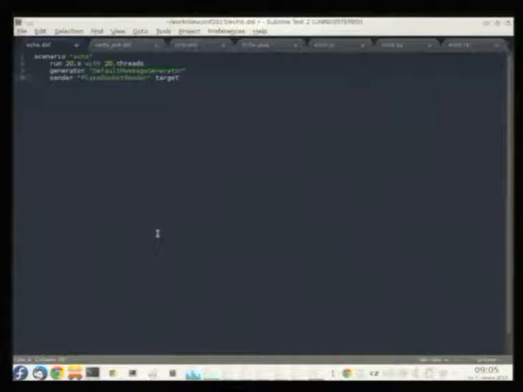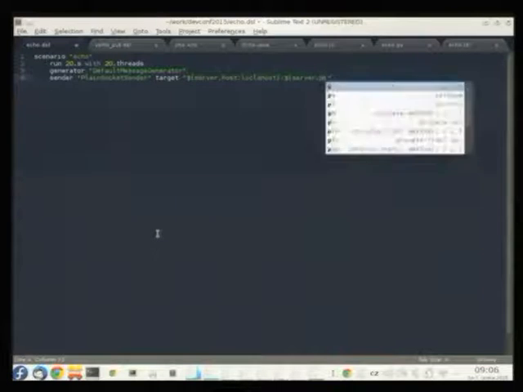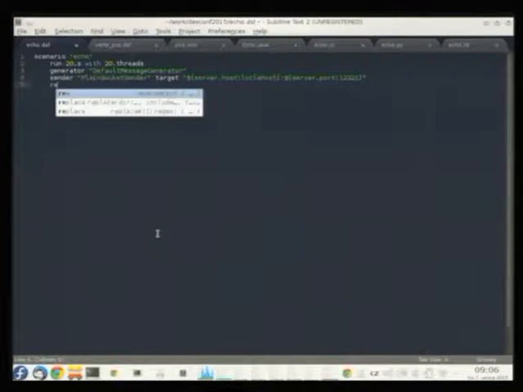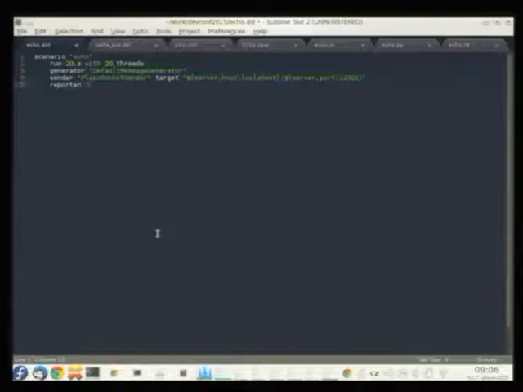Now the sender. As I mentioned, the service is implemented using plain sockets, so there's the plain socket sender. We need to specify the target address, which is some property that can be provided from the command line when running PerfCake, and it has some default value. Actually, there are 2 properties: the server host and the server port. All the services will be listening at the same port. Of course, we won't run them at the same time. We will run the first, stop it, then the second one, and so on.